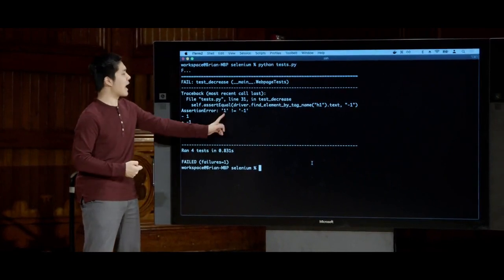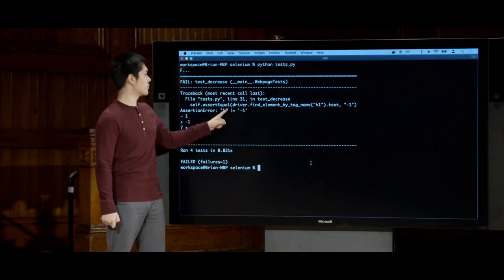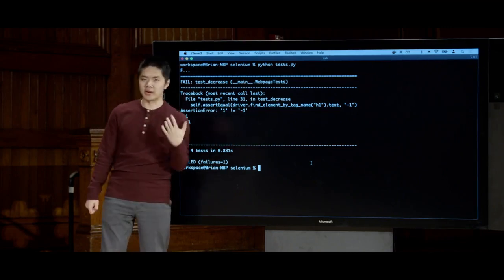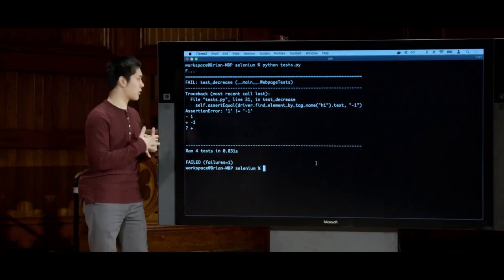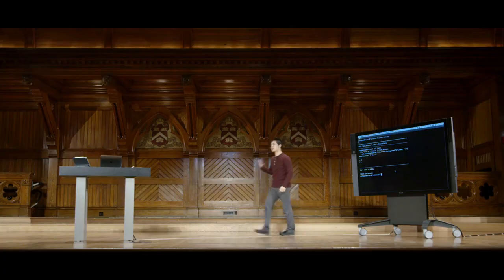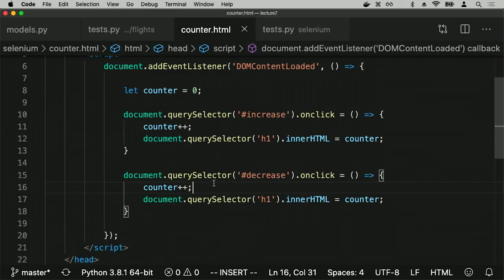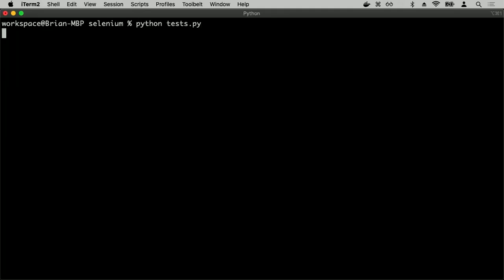It tells me the actual output of h1's text, it was 1. But what I expected it to be was -1. So it tells me exactly what the discrepancy is. I know that for some reason it was 1 instead of -1. And that can be a clue to me, a hint to me, as to how I can go about trying to solve this problem. And I can solve the problem by going into my decrease event handler, seeing that, all right, this was increasing the counter instead of decreasing it, change ++ to -, and now rerun my tests and see